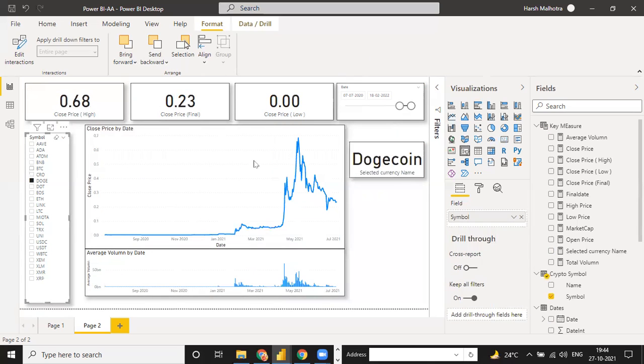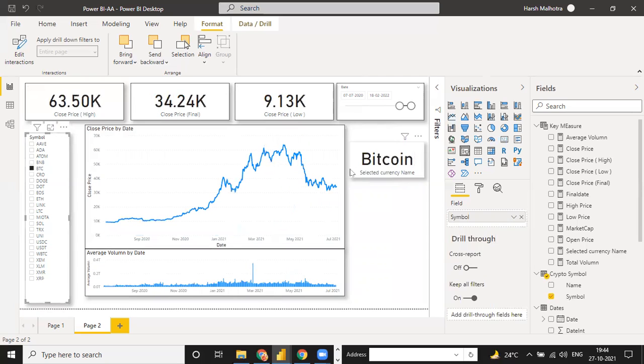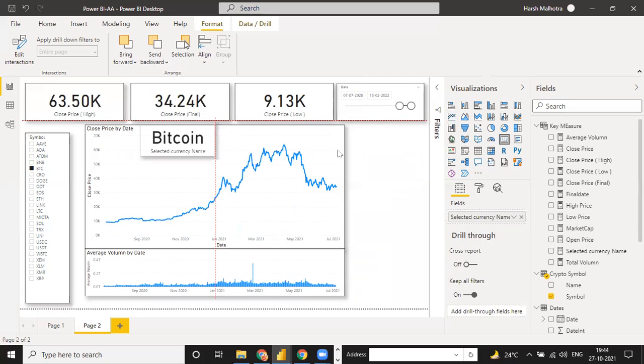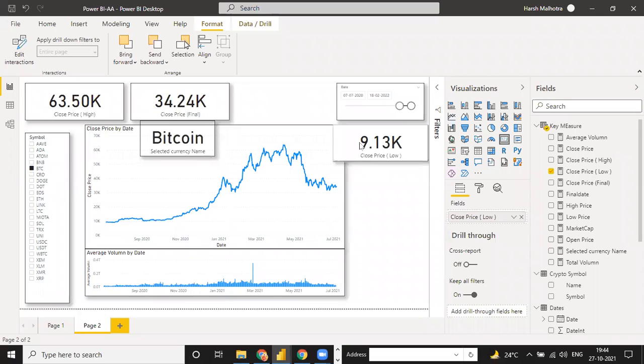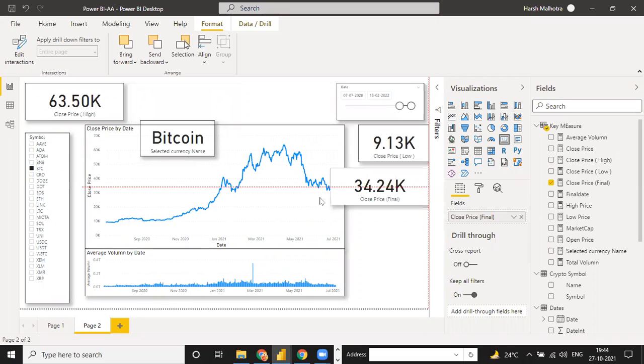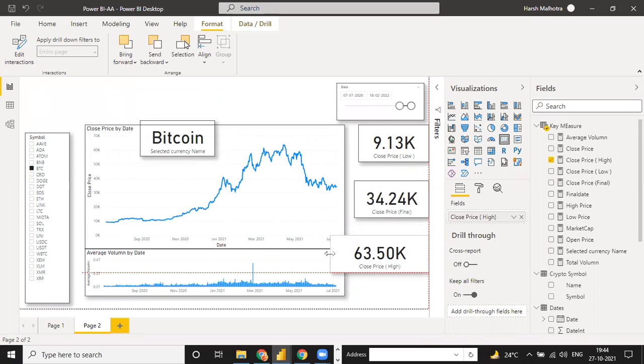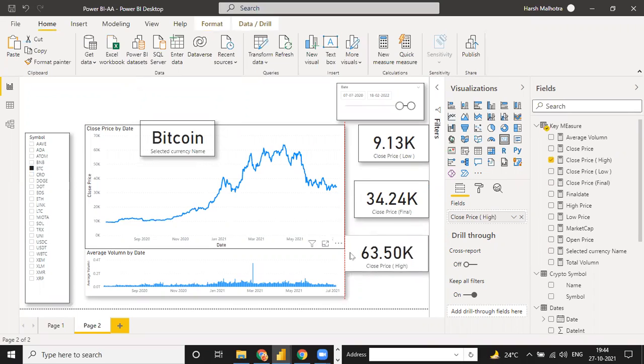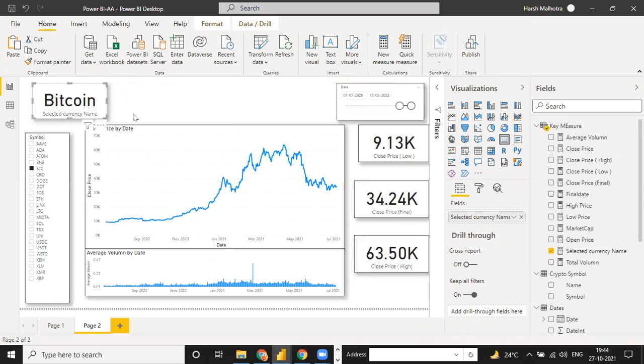If you select BTC, it is Bitcoin. So this will give you the value of which currency you have data for, or which currency you have a dashboard for. Okay, and move this upside, because we need this low, high, or this kind of price on the right side. It will be showing a great way.